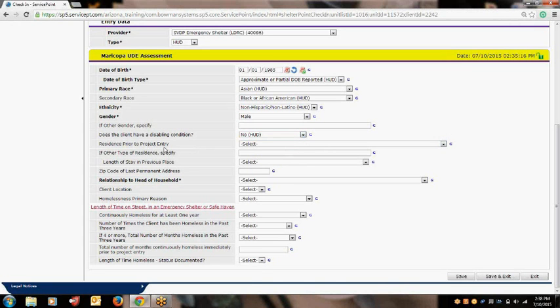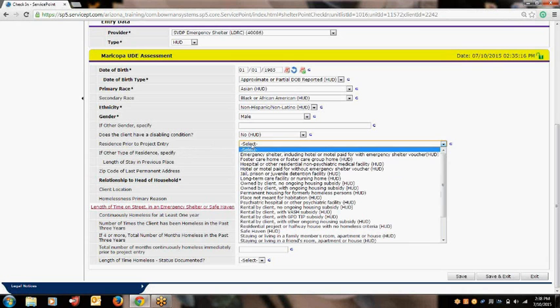Then you have the question, residence prior to project entry. This literally means where did your client sleep the night before they came to your project? There are many options to choose from. You have emergency shelter, including hotel or motel, paid for with emergency shelter voucher, foster care home or foster care group home, hospital or other residential non-psychiatric medical facility, hotel or motel paid for without emergency shelter voucher,